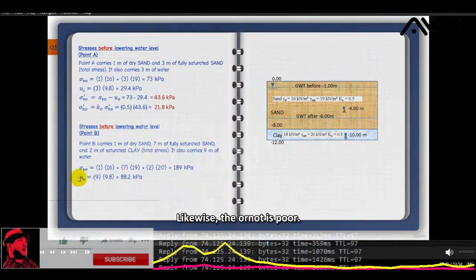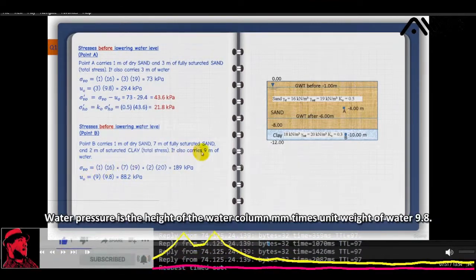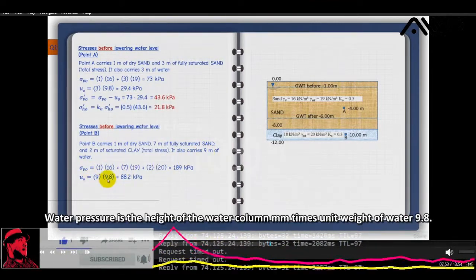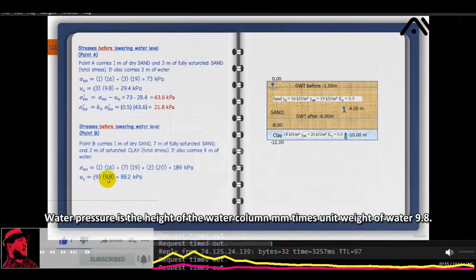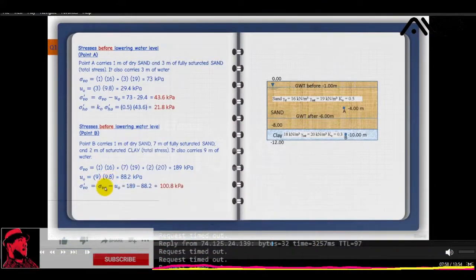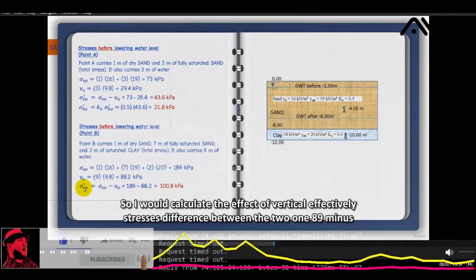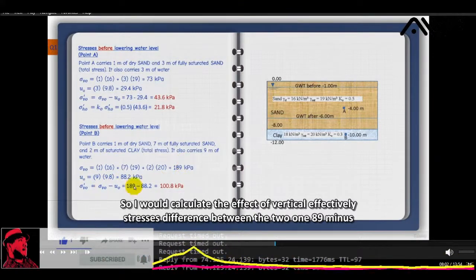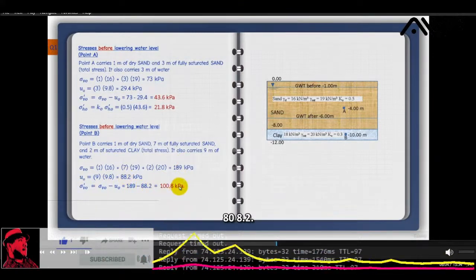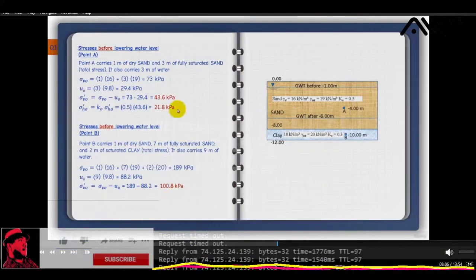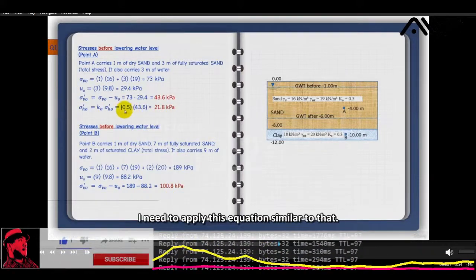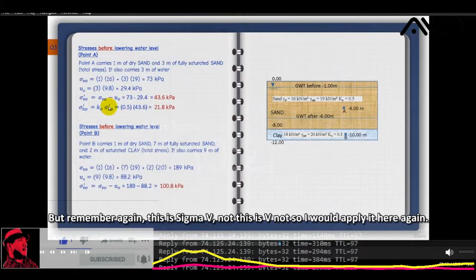Likewise, U naught, the pore water pressure, is the height of the water column, 9 meters times the unit weight of water, 9.8, that's 88.2. So I would calculate the vertical effective stress, the difference between the two, 189 minus 88.2, that's 100.8 kPa. I need to apply this equation similar to that, but remember again, this is sigma dash V